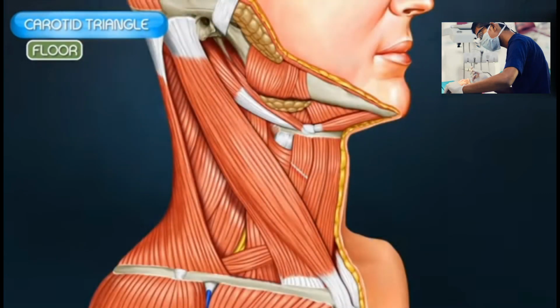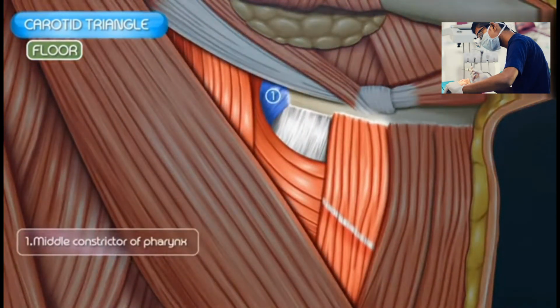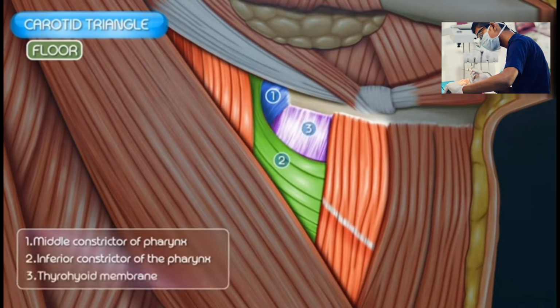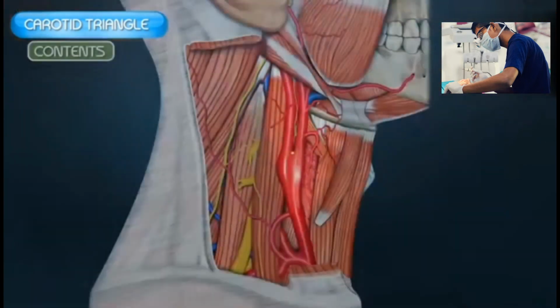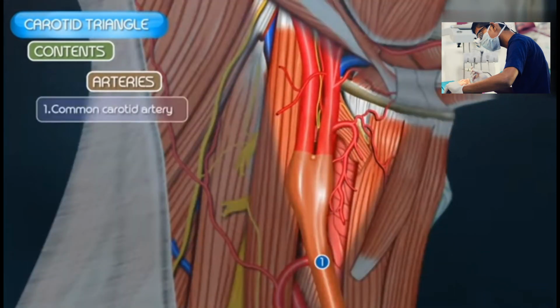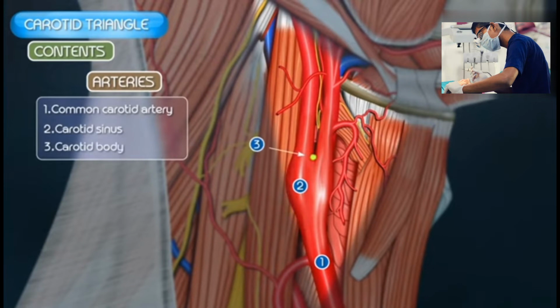These form the roof of the carotid triangle. Now let's move to the floor of the carotid triangle. The floor is formed by parts of the middle constrictor of the pharynx, inferior constrictor of the pharynx, and the thyrohyoid membrane. We are now done with the floor and roof of the carotid triangle. Let's see the contents of the carotid triangle. The common contents of the carotid triangle are common carotid artery, carotid sinus, and carotid body and its termination,